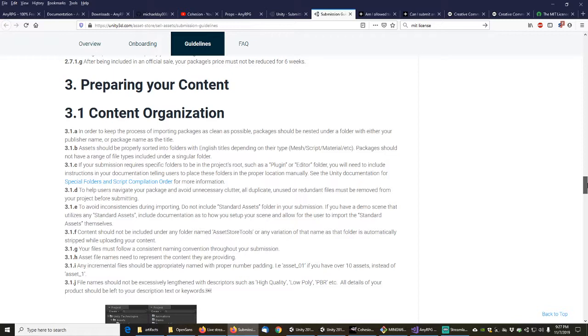Let's see what else is. Yeah, here this one really sucks. Do not include the standard assets folder in your submission. If you have a demo scene that uses any standard assets, include documentation for the users to import the standard assets themselves. So this completely violates the "runs right out of the box" bit,